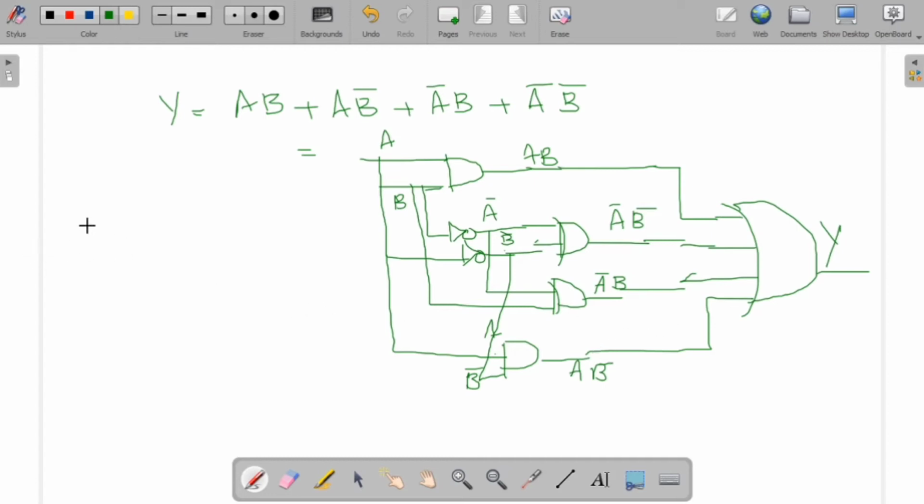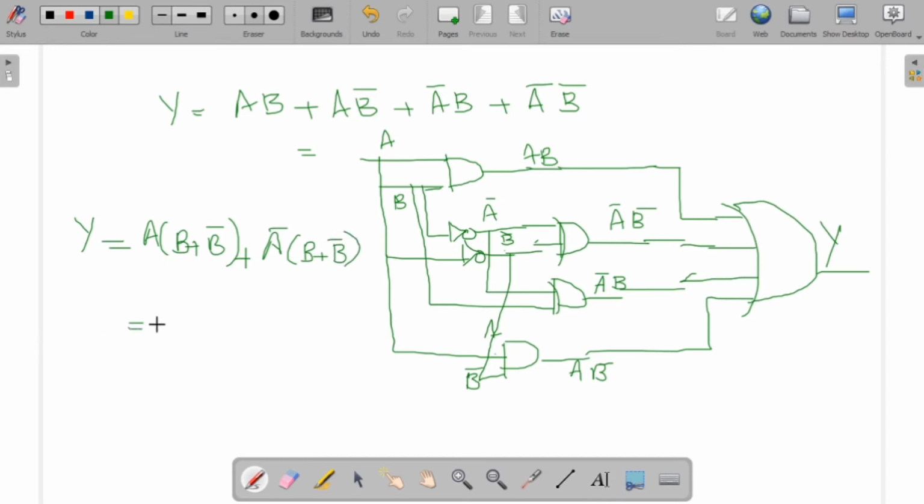But actually what is this Y? This is in the unreduced form, or simply you are writing the equations and making the circuit, you will be getting a complicated circuit. You need 4 AND gates, 1 OR gate and 2 NOR gates. But actually look into this, AB into AB bar plus A bar B into A bar B bar. So take the first 2 terms, A into B plus B bar, plus then A bar into B plus B bar, taking 2 terms together.